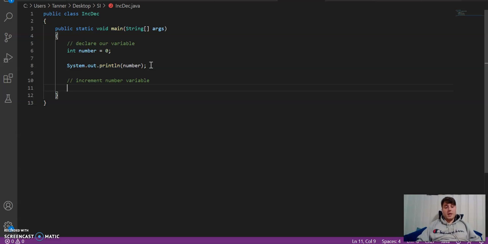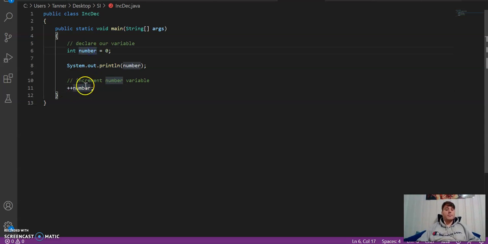For a pre-increment, all we're going to have to do is have 2 plus signs before our variable name, and we'll call it number. So it'll look like that. It's plus plus number, and number is our variable name. What a pre-increment does is that the computer will read this, and then it will immediately add 1 to our number. It'll say number is now equal to 1 in this case. And just to prove it,